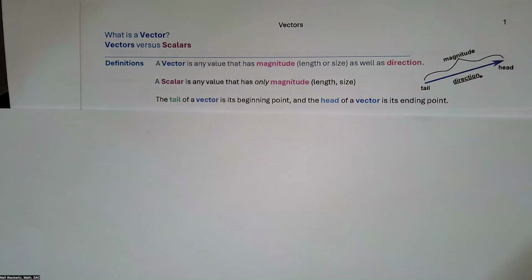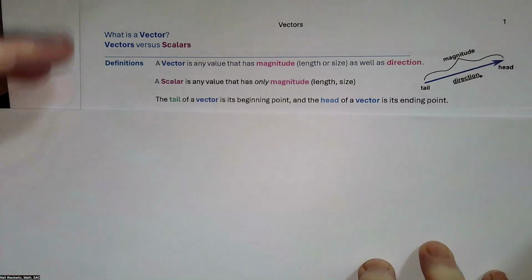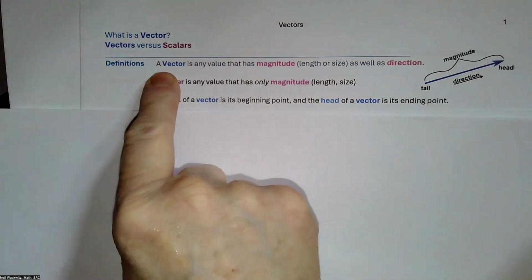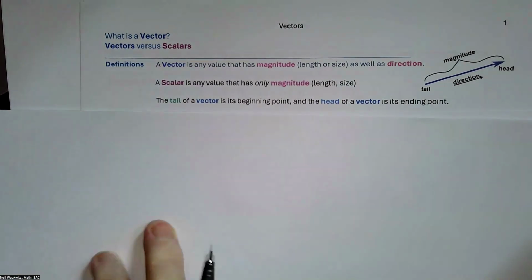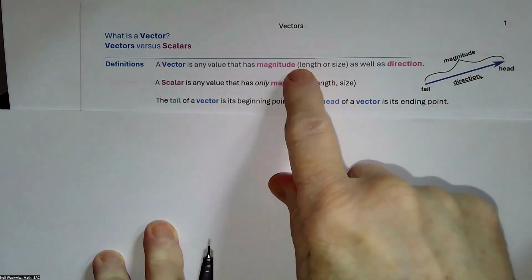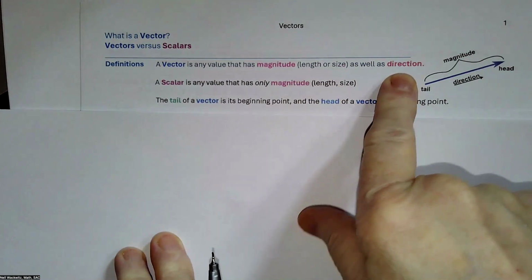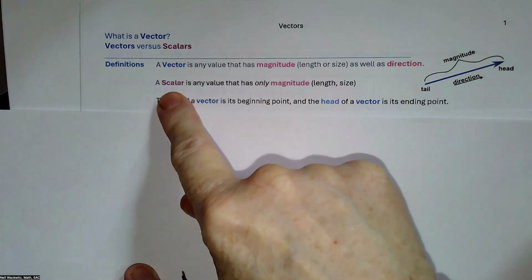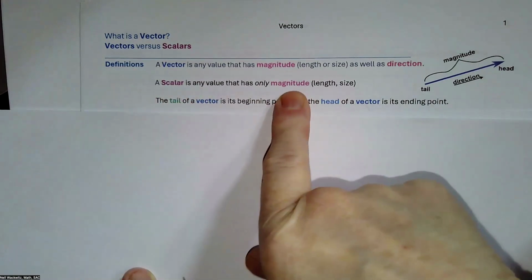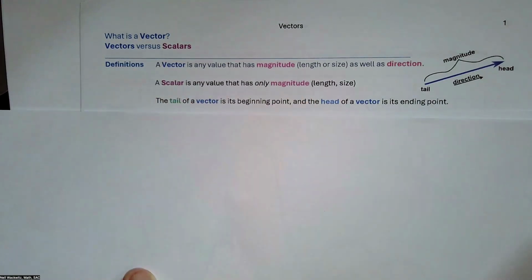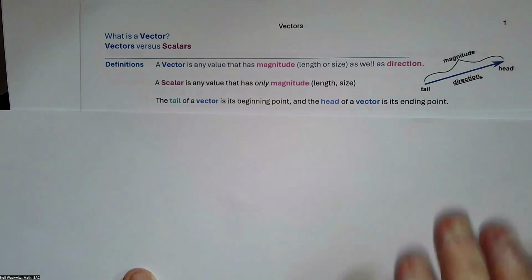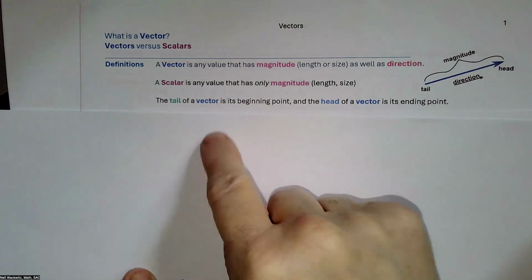This is the beginning of the last material that we will cover. A vector is anything that has a magnitude, which is a size or a length, and direction. A scalar is anything that has only a size. And the easiest way to get a feeling for which is to look at some examples, but we do need